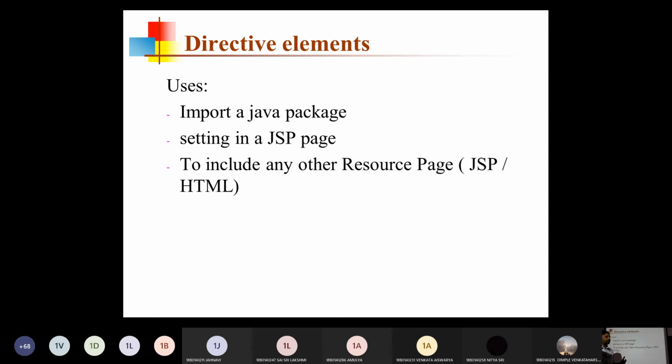If we want to perform error handling operations in JSPs, we also use directive elements. So the uses are importing, setting up the JSP page, and including other resource pages, either JSP pages, HTML pages, or error pages.